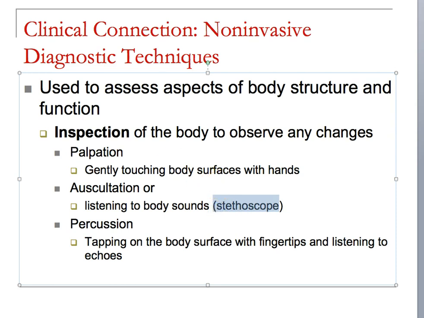Think about the last time you were at the doctor. Maybe they listen to your lungs. Maybe they listen to your heart. Maybe they listen to your gastrointestinal tract to find if you're digesting materials. At the same time, they may use things like percussion, which is tapping on the body's surface, and if they're hollow, like they should be, then they have a specific sound. Or they're not hollow. They're mucus filled. Therefore, they're going to have a slightly different sound. But palpation, auscultation, and percussion are all external, non-invasive techniques. But what are we actually looking at?